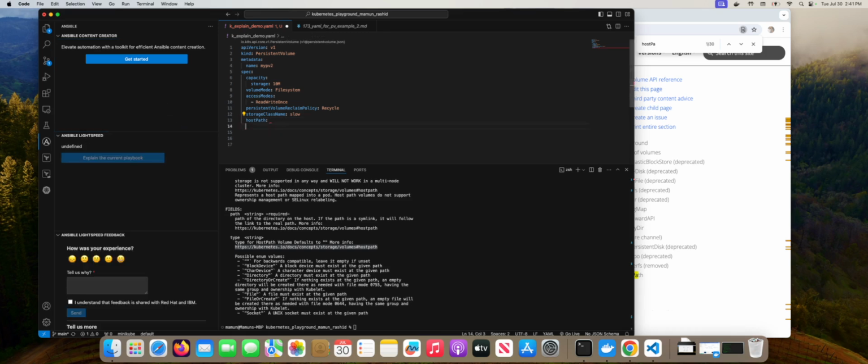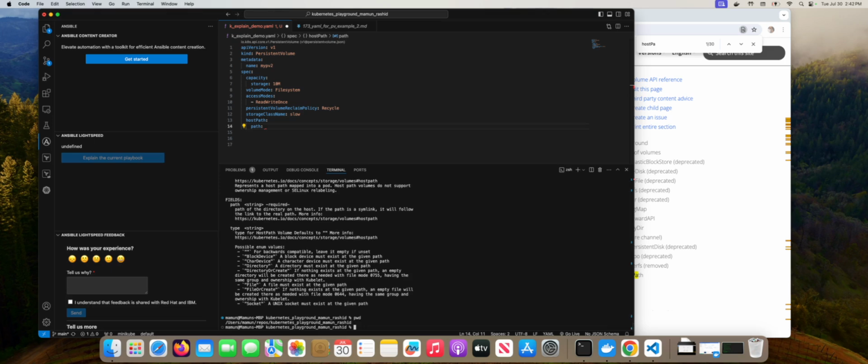So one level down, always two spaces with Mr. YAML here. We say path, and in this case, it's going to be a directory under my home directory. So this is my directory. So I'm going to create that directory, make a directory /users. This is what we're going to mount inside Kubernetes. Users Mamoon Kubernetes